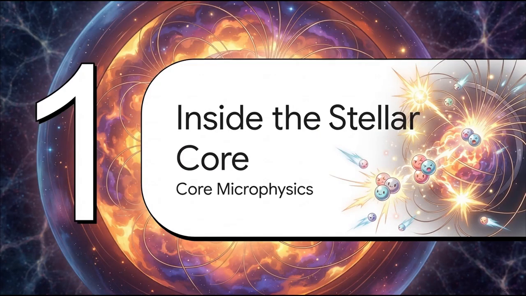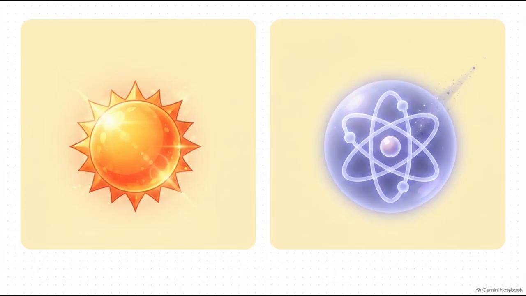Starting right off with part 1, inside the stellar core, the microphysics of energy generation. Now, what's really interesting about this slide is the sheer contrast between established science and this new hypothesis. The standard solar model states that stellar core fusion is driven entirely by things like the proton-proton chain and CNO cycle. Dr. Rihan's hybrid model doesn't replace this. It actually keeps it. But it suggests there's a tiny subdominant parallel channel operating right alongside it, and this one is driven by the decay of unstable heavy nuclei.